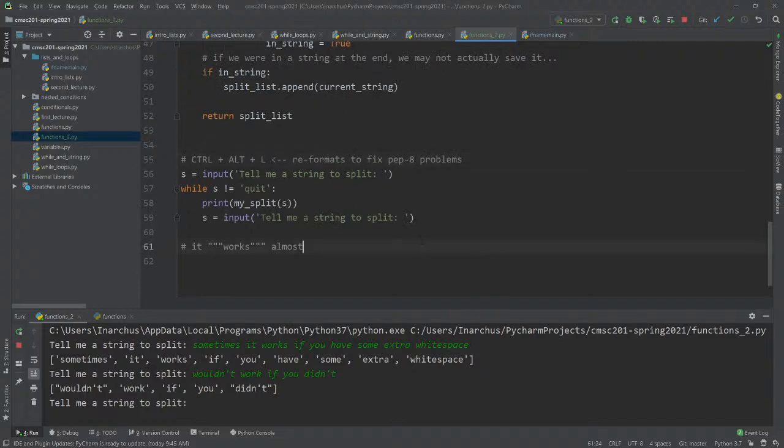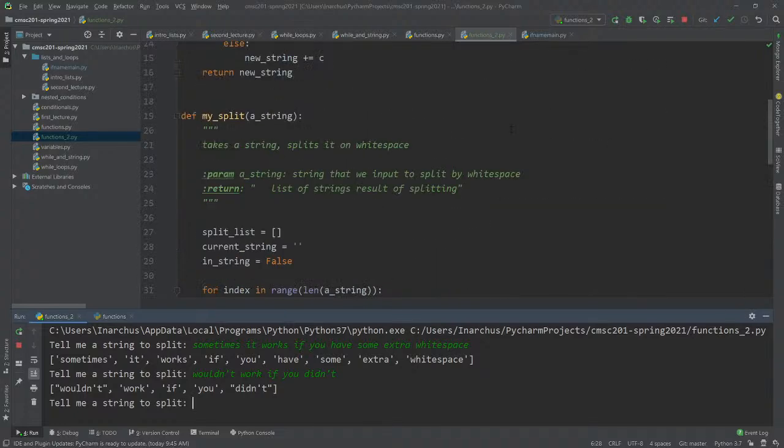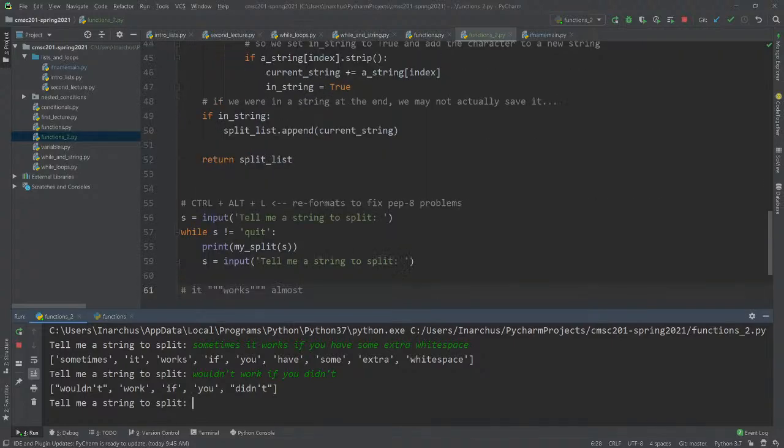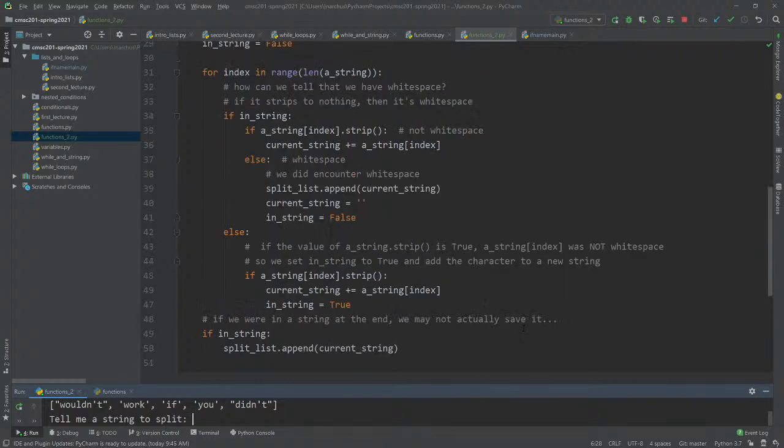So I think that's basically all the testing that we really should do for this. I think it's also a good example of the fact that the split function that Python has is actually more complicated than this. This is a very simplified version of the split function because it only splits on white space. But this is basically what they're doing anyway in that function.